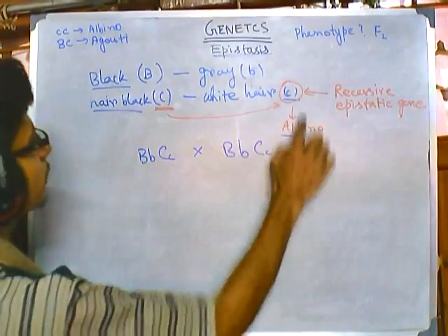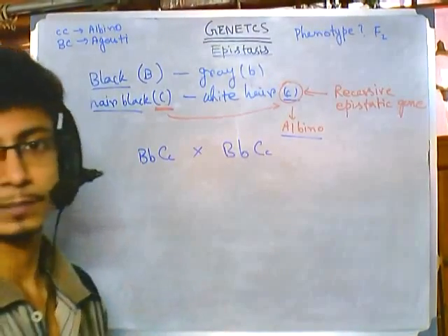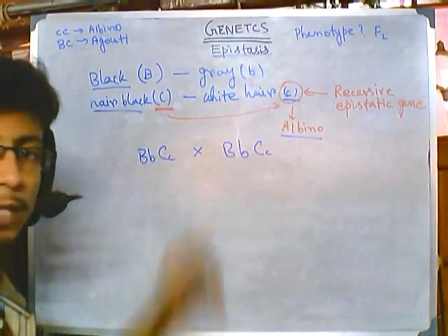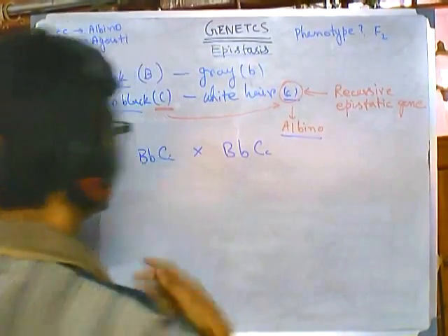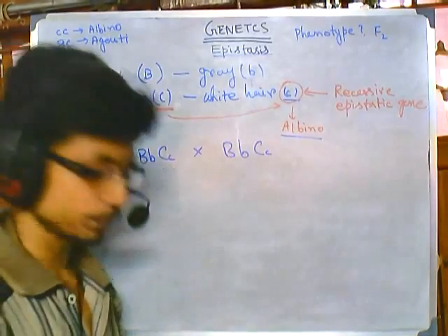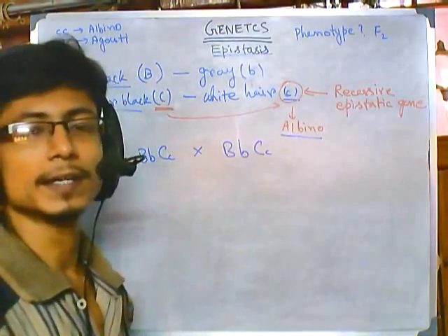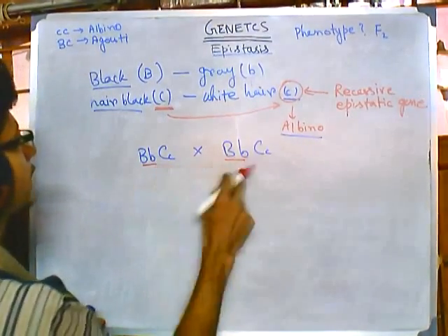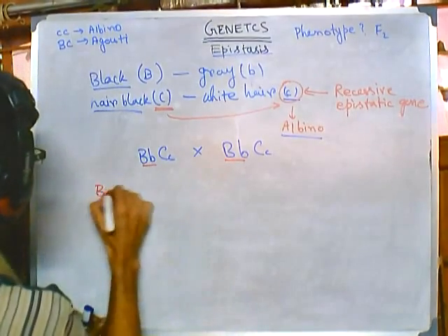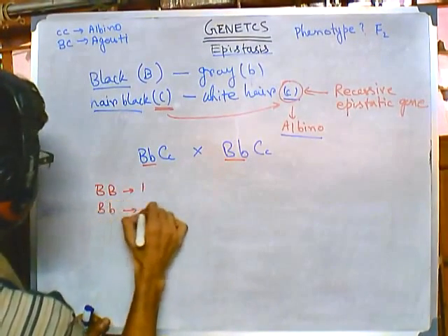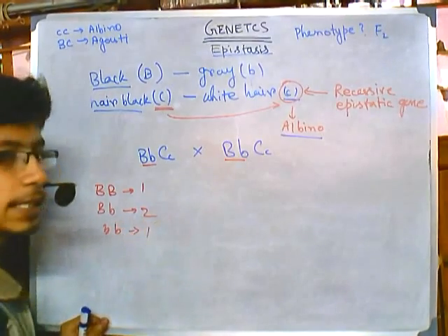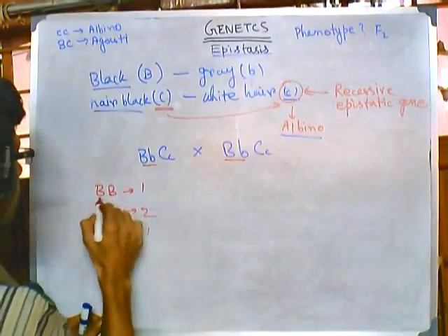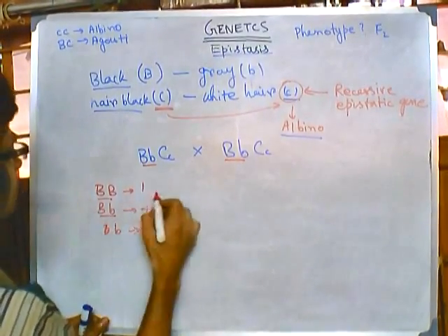And also if two small c's are there, albino will be the result. Okay, so these two things you need to keep in mind when we are going to find the phenotypic ratios. Now again the cross is between this. So again, you know the strategy of solving the problems with the probability rule. So again we'll take up these two first. So both are heterozygous. So what is going to be the ratio? The ratio of caps B is 1, caps B small b 2, small b 1. So this is the genotypic ratio, always happens like that. Caps B small b, both are giving us the black.